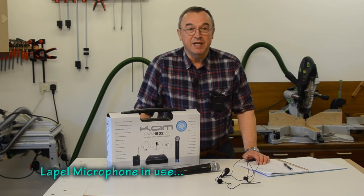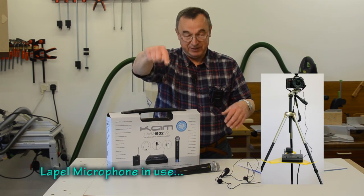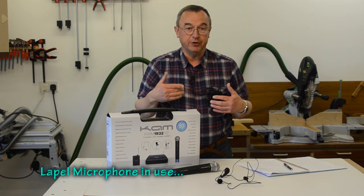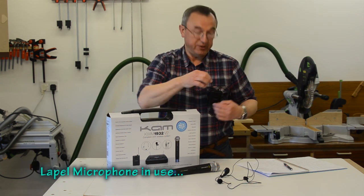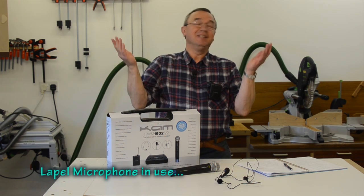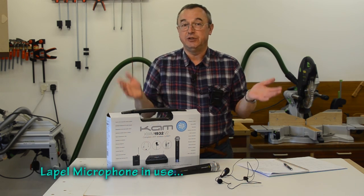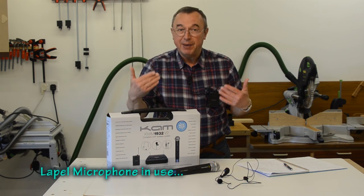be an issue. The next thing is there are gain controls both on the receiver, that's below the camera. If you look below your seat, it's still there, and also gain control here on the wireless transmitter. And when you're using the lapel microphone, you end up having to make adjustments to two lots of gain controls, the one on the receiver and the one here. And the only time that's significant is if you're doing video work. Hey, that's me. If you're using it into a PA system, it's not a problem, because you just go testing, testing, 1, 2, 3, 1, 2, 3, and you've got an instant result. Whereas with video work, you need to do a test recording and then play that back to check the sound